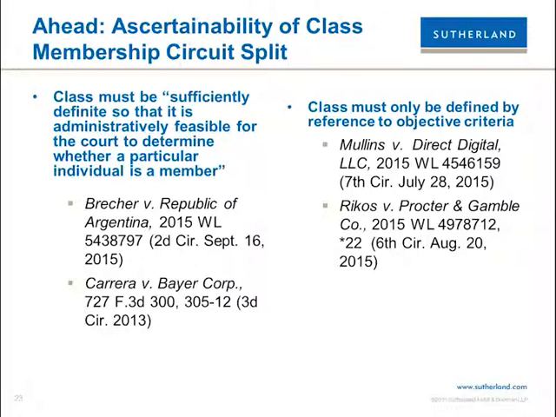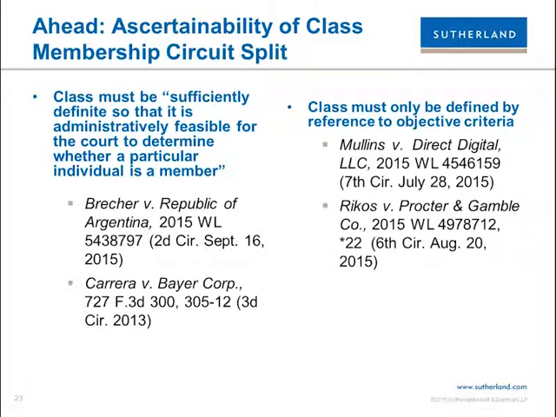So back to the class action area. Tom Byrne, tell us a little bit about this ascertainability issue that's kicking around in the courts of appeal. Well, you can never make a career out of trying to guess which cases the Supreme Court will take, especially in petitions that have not been filed, but we see a very raw and important circuit split developing in the class action area with respect to the implied requirement of ascertainability. The split, and the cases are on the screen, is developing